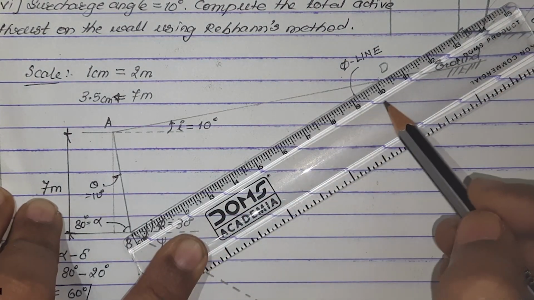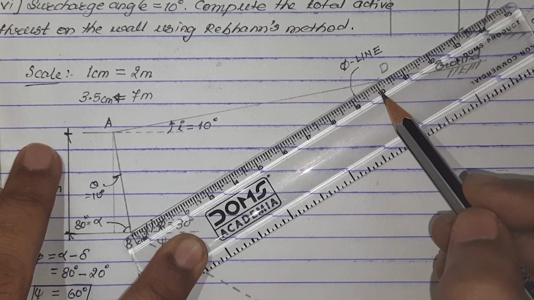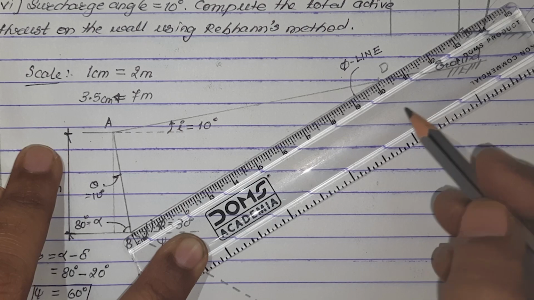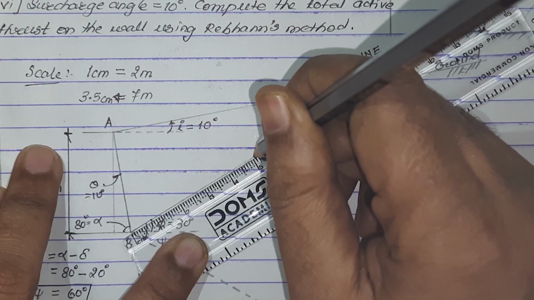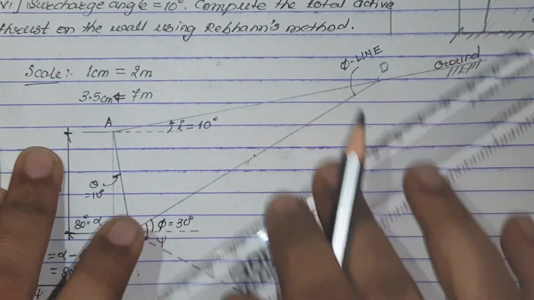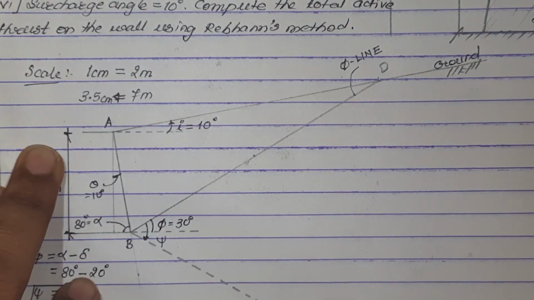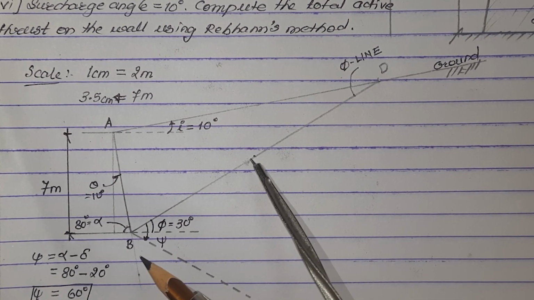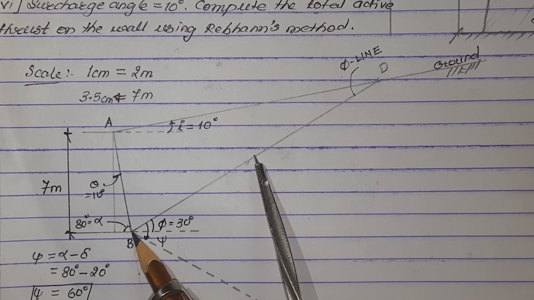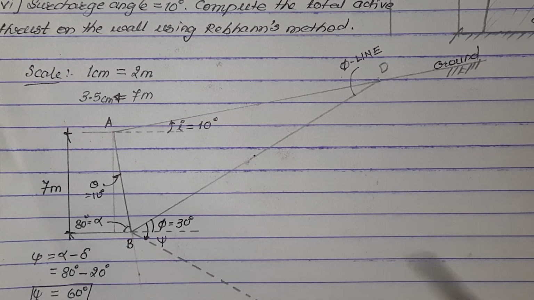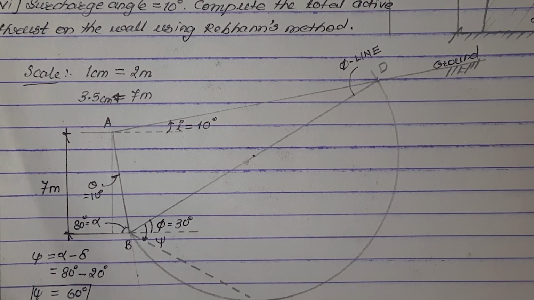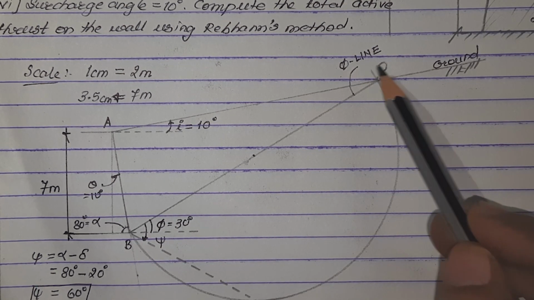So this distance is 10.2 centimeter. Hence, if this is a diameter, the radius will be half of that, which will be 5.1. So somewhere here we'll be getting the center of the semicircle. Take that as center and draw semicircle. This is going to be the center and this much would be the radius. Using this much radius, draw the semicircle. Thus, this semicircle has been drawn.